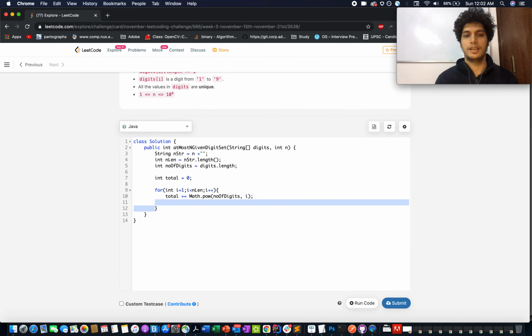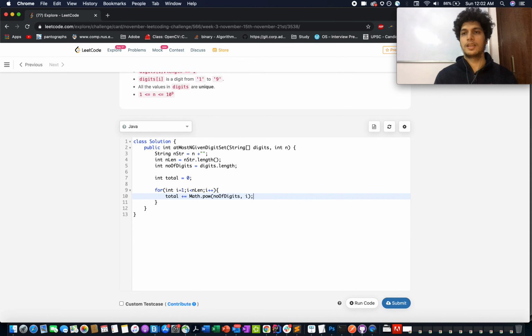So that will help us include all the possible numbers that are just less than the total length of n. And we are done with the x x x x x x cases up to the last length, and for the last length we'll be doing it here.